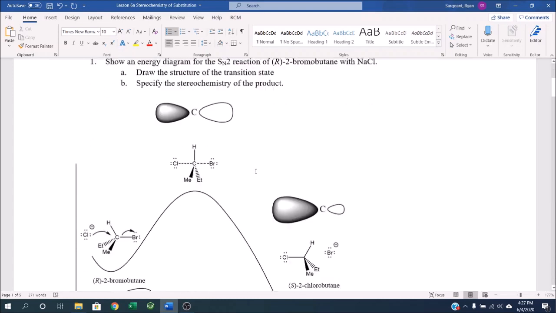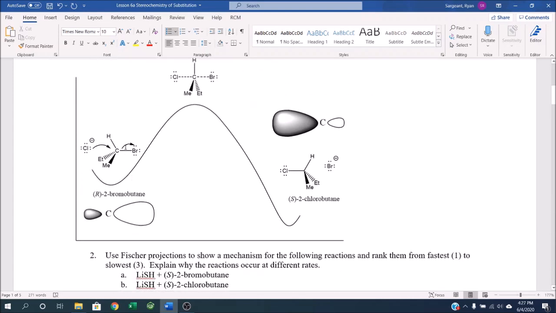So the way to think about this is when this bromide ion right here gets pushed off, a chloride ion is going to come along and push off the bromide ion. We can ignore the rest of the details for a second and just focus on the overall chemistry. Chloride hits the carbon electrophile, knocks off the bromide as a leaving group, and we end up with 2-chlorobutane as our product. In this case, the bromide is the leaving group,